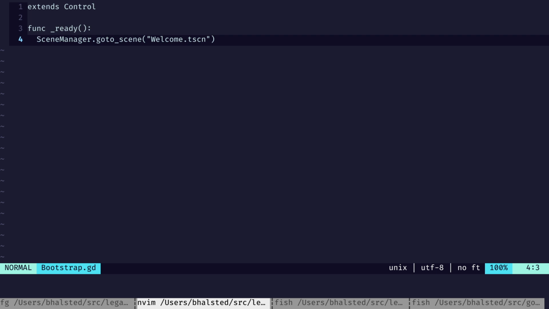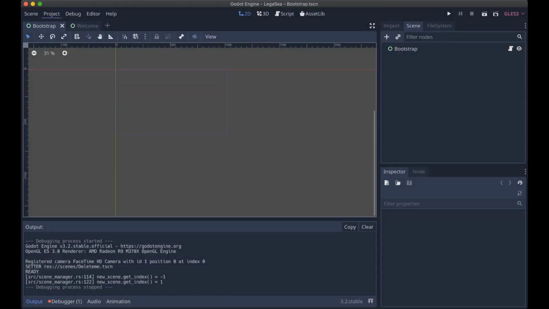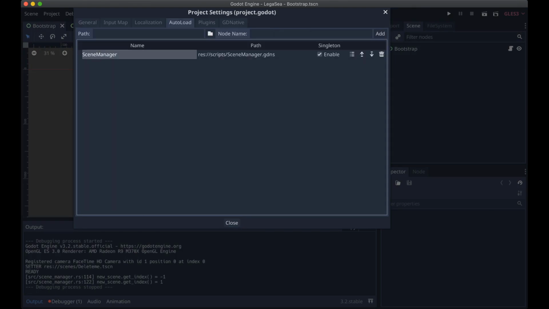scene manager here is a singleton because we set it up that way in Godot. In project settings and autoload, we can say scene manager, which means that there's only one of them, right? Which is great because you can just reference this one singular thing in your GDScript, and there's a lot of syntactic sugar that makes that work. Now, that doesn't exist in Rust, all that sugar. So to get the same sort of effect, I'm basically just using a static here,